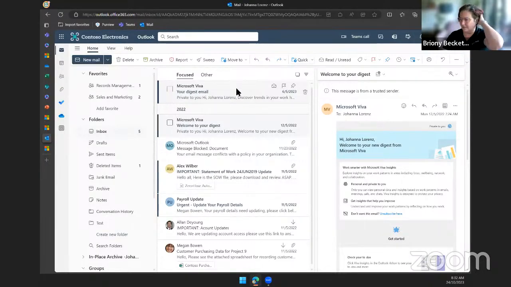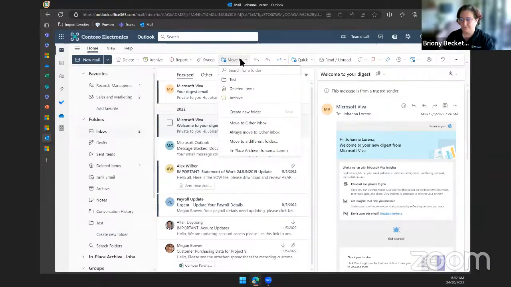His particular one, he'll have a to-do folder. If he knows that's something that's an action for him and he's going to need to do it later, he'll quickly file it across into there. So the quick steps can be really handy in that regard. The move to will also keep your recent folders in here, so that's another option if you haven't gone to the point of setting up quick steps. This will kind of learn what your actions are.